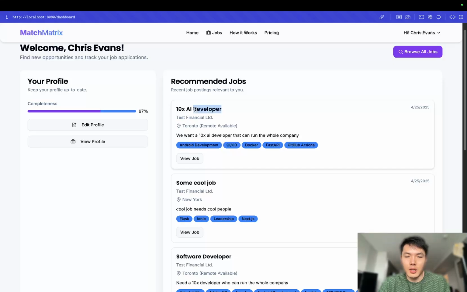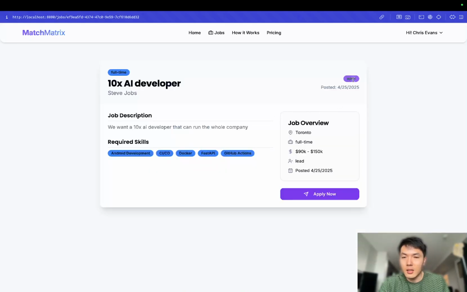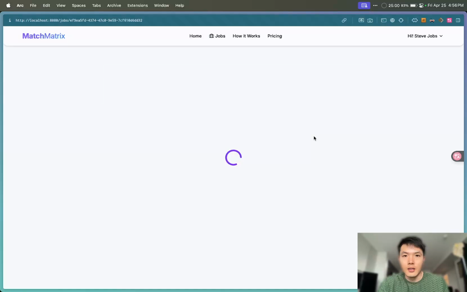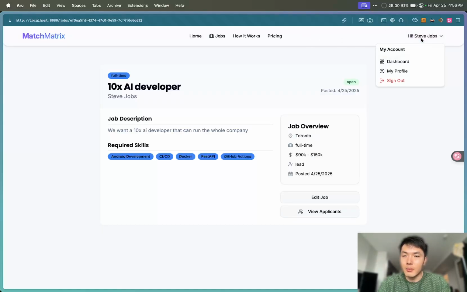We see this 10 times AI developer we just posted by Steve Jobs. Okay, view job. Okay, I can see this job. I want to apply for it. Oh, nice. Then I think the candidate's jobs is done here, and then let's go back to employer. Okay, and then let's go back to our